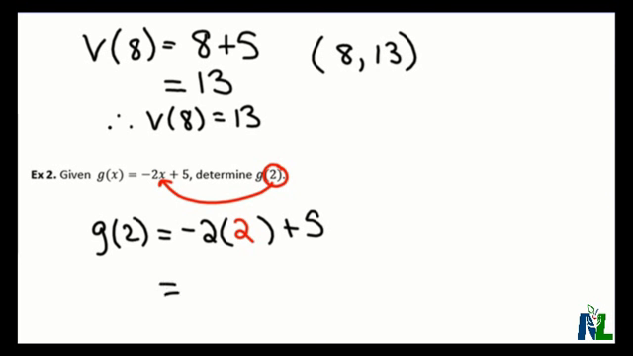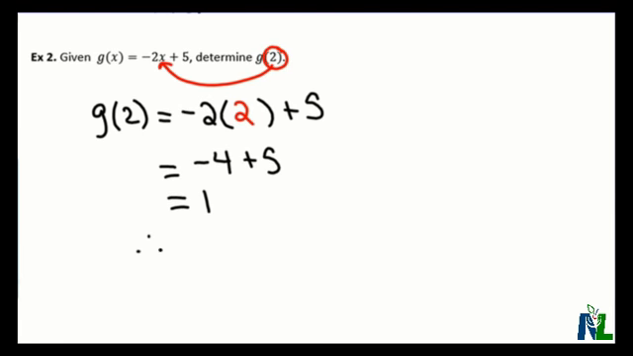So g of 2 is going to be equal to negative 2 times 2, which is negative 4, plus 5, which equals 1. So therefore, g of 2 is equal to 1. Or written as an ordered pair, we would say 2